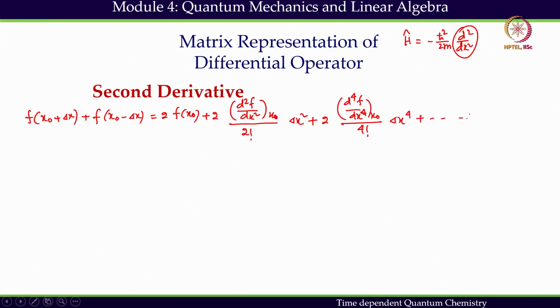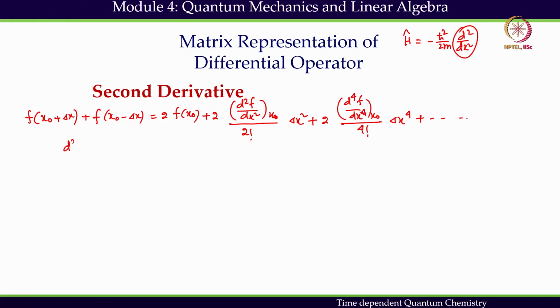So we get this expression by adding the forward and backward difference expressions, and then we will rearrange this equation a bit to find the